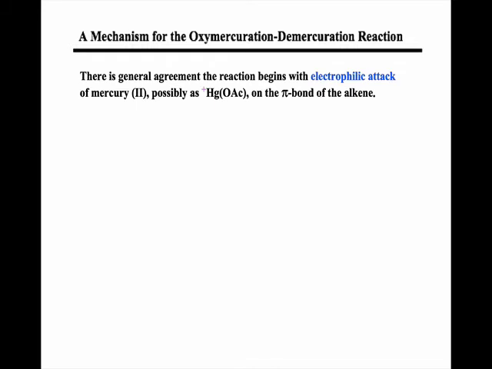Now the reason that the oxymercuration-demercuration sequence does not result in rearrangements is because you never have a true carbocation that's formed in the reaction. So, for example, if you take mercury acetate and you place it in water, it actually forms an equilibrium between mercury cation and acetate anion. So you have this mercury plus that's bound to one acetate, and then you also have a free acetate in